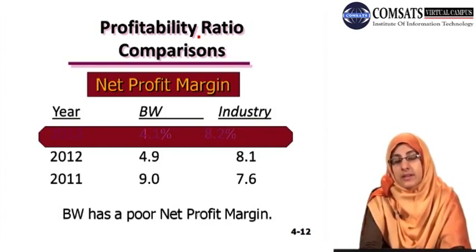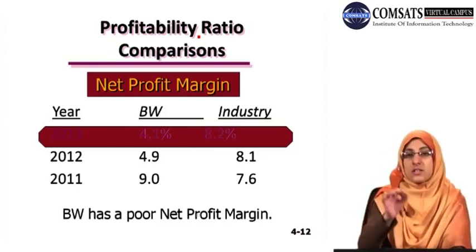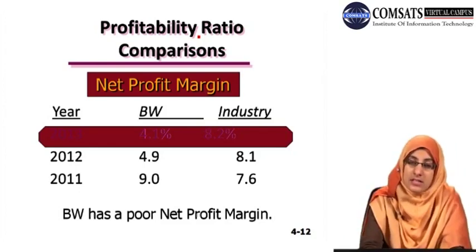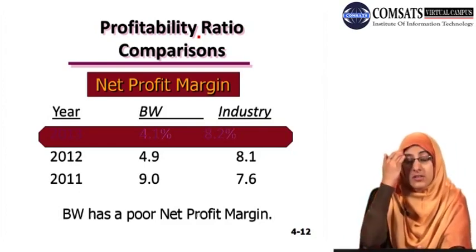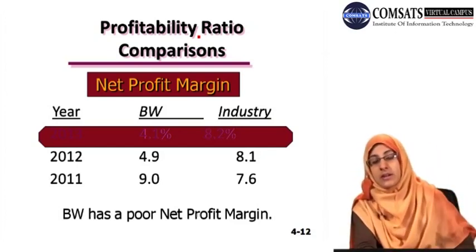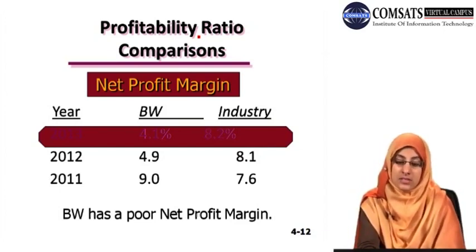The company's profitability is not very good. It is half of what the industry average is. If the industry average is 8.2%, Basket Bonders' percentage is 4.1%. That means it is on the lowest side of profitability within your industry. So there is a serious problem, and the company has to consider its profitability conditions and its